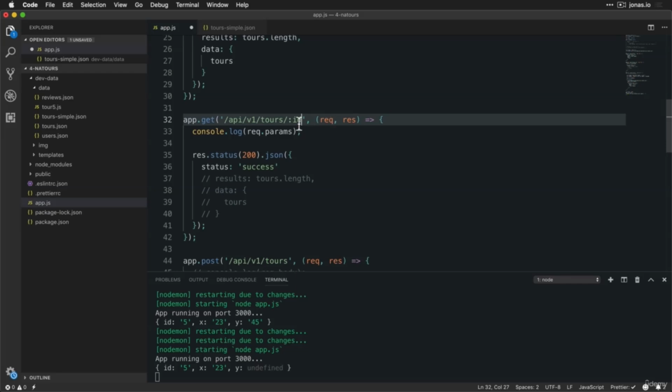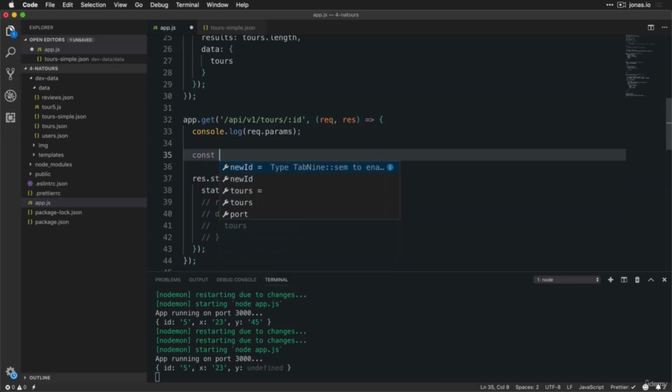And so now all we need to do is to actually get the tour with this ID from our data.json, from our JSON file, right? So basically from the tours array. And so that shouldn't be all too hard. And so let's say const tour is equal to